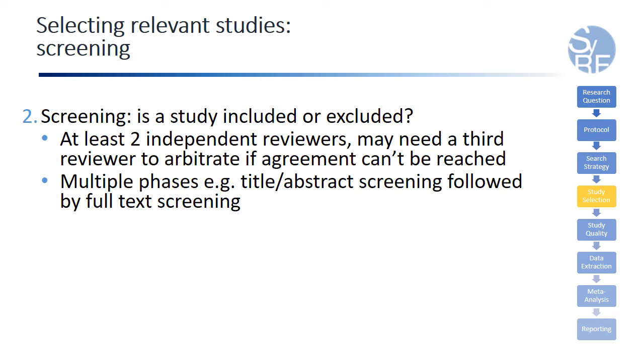This might be a first stage looking at title and abstract, which uses the title and abstract only to reach a decision. It is important to be over-inclusive at this stage to prevent the incorrect removal of relevant papers.